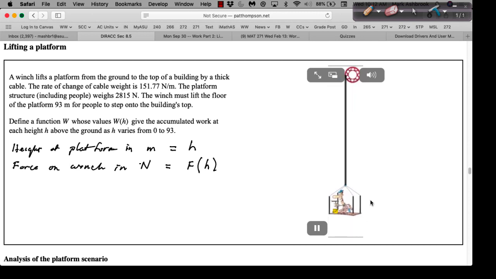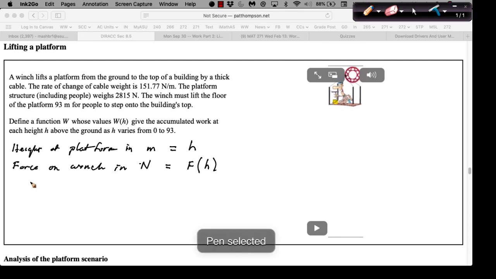And how does the height change the force on the winch? Is it increasing or decreasing? Decreasing because? So it's because the length of the cable is shortening, right? The weight of the cable stays the same, it's that 151.77 newtons per meter. But then because there's less cable,